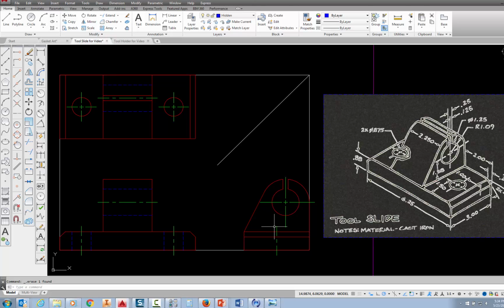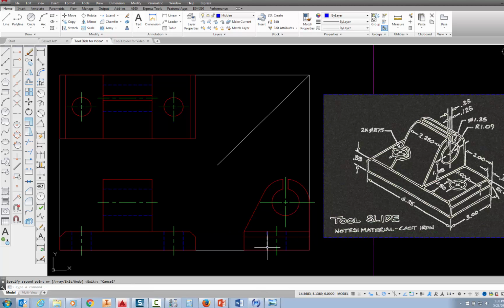Once I knew where this center line is, I could have actually used the copy command. This is the copy command right here. It's also located right up here. If I pick on copy and it says select objects, and I pick this hidden line and I pick this hidden line and then I press enter, I'm prompted for a base point. And if I were to pick right there at the intersection of my center line and my visible line, I could pick right there. I could come over here and, when it asked me to specify my second point, I could pick right at the intersection of the center line and the visible line and pick right there